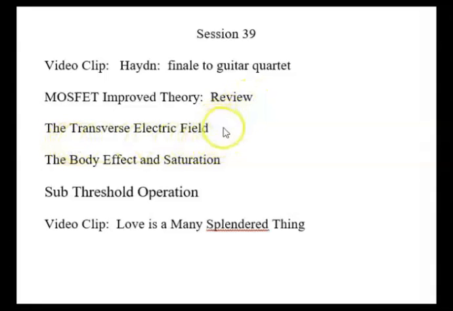This is quite a shift in gears here, so this is a new topic. That is the field which pulls electrons from the source to the drain, and in a regular resistive media, this would be basically constant. The voltage would change linearly as we go from one end to the other, which means that the electric field is a constant. This is not true in the MOSFET because the resistivity increases. The resistivity increases, the electric field, we will find, also increases, and the voltage changes in a rather dramatic fashion.